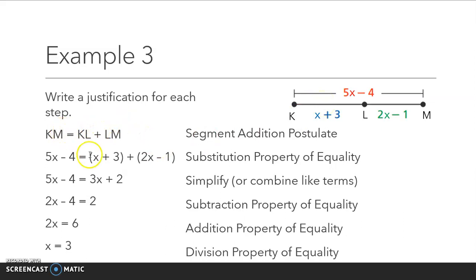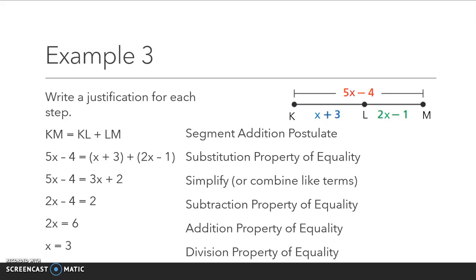And then say what changed between each step, and try and identify what they did. And it sometimes helps to think through what you would do to finish solving an equation. Okay, we're going to move on to some properties of